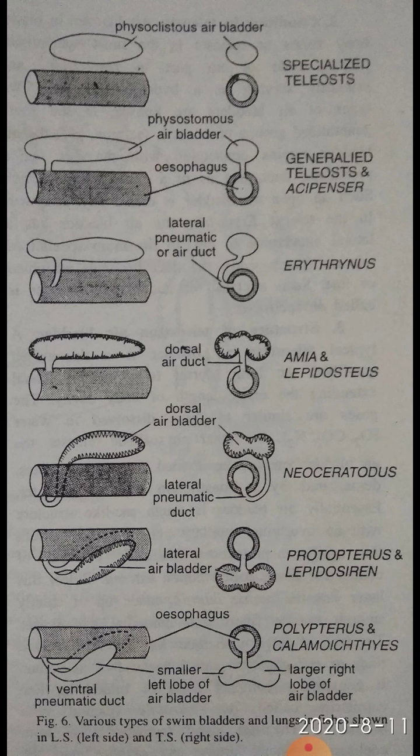which is lying dorsal to the digestive tract, directly beneath the vertebral column and mesonephric kidneys, but outside the coelom. Swim bladder does not occur in elasmobranchs. However, it is found in all bony fishes except a few bottom dwellers. So, air bladder is characteristic of bony fishes.